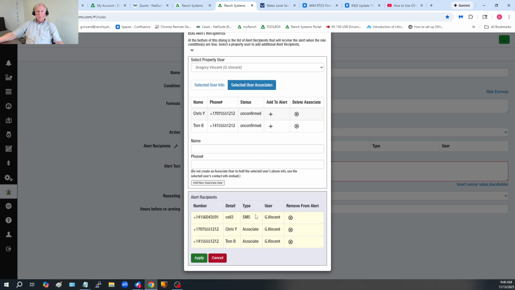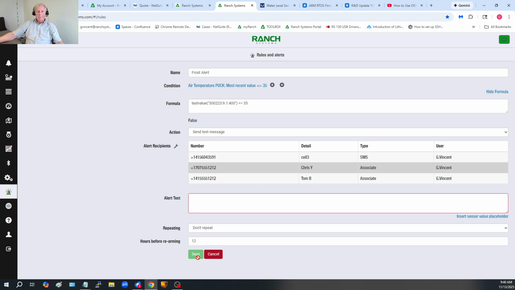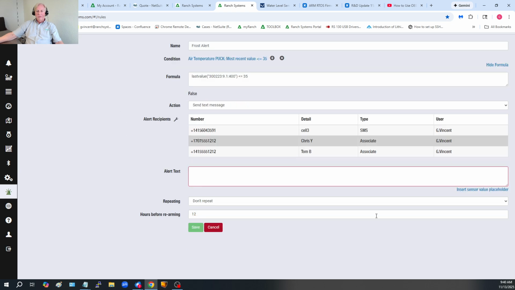Now that all three of us have been added to this alert, I'm going to go ahead and press Apply. And there you see that me and Chris and Tom are all added to this alert. Now the next thing we need to do is choose the text that is going to be on the text message. So this is the dialog box, and I'm going to go ahead and type the temperature